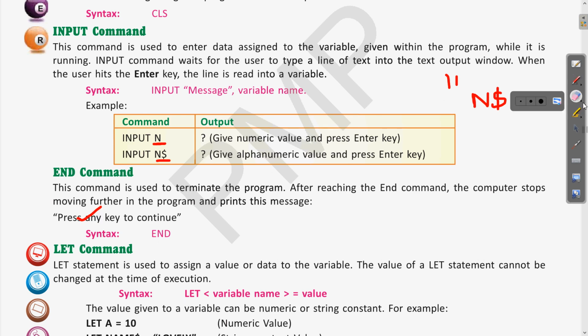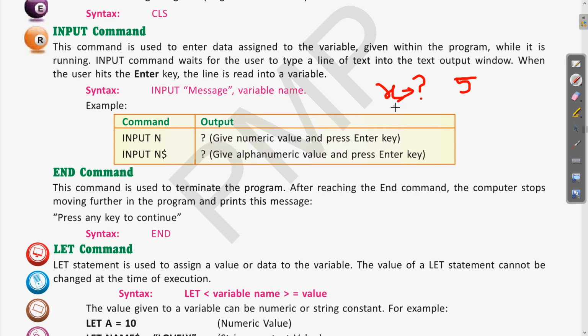What is the use of the input command? The use of the input command is to take input from the user, so that for whatever variable is being used in the program, the user can give an input. As we were saying, if you want to add two numbers, we will write something like input n. Then when you write input n, in the output window there will be a question mark, meaning whatever value you want to give, you can give. So first if you write 5, that is input x, and this was the value given.